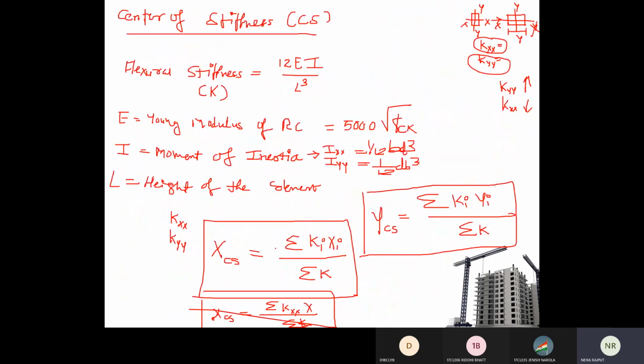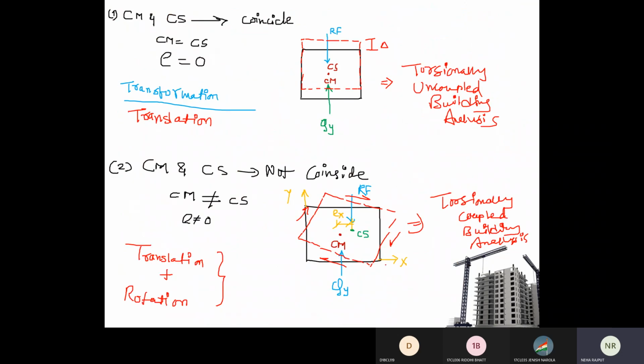So till here, this is the stiffness of each and every element. And in the next lecture, what we will do is the center of stiffness calculation. We'll find the eccentricity, how to find eccentricity as per Codal provision, that we will see. And once we decide whether the building is a torsionally coupled or uncoupled building, we will do the analysis of that building by considering one of the cases. Whichever case comes, we will analyze accordingly. Right? So that part we will continue in the next lecture.